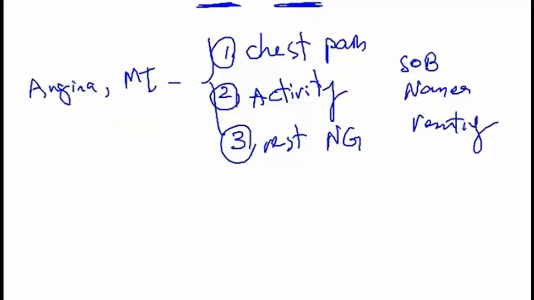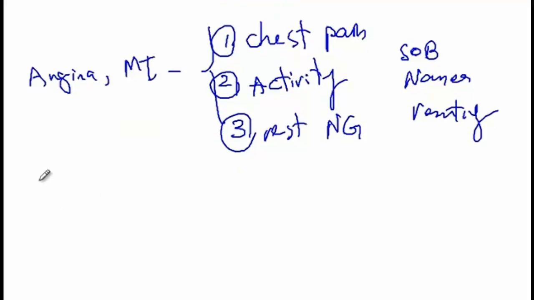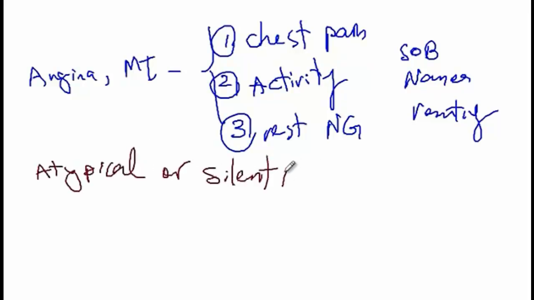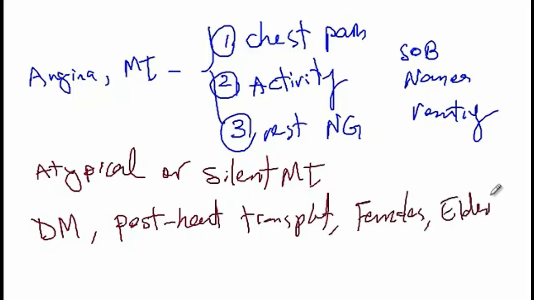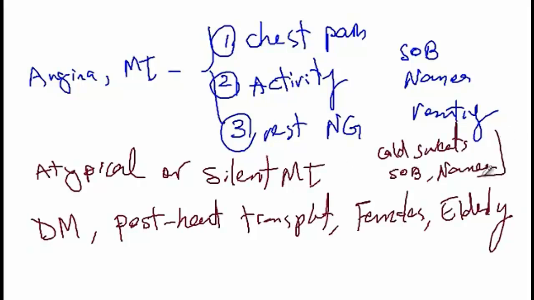However, not necessarily all patients may present with these symptoms, and in that case it's referred to as atypical or silent MI. For instance, patients with diabetes, patients that are post-heart transplant, as well as females or elderly patients may not present with the chest pain, and rather they may only present with, for instance, cold sweats, shortness of breath, and GI discomfort or nausea. So in the case where they present with non-specific symptoms but no chest pain, this is referred to as atypical